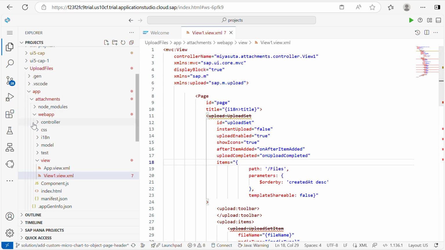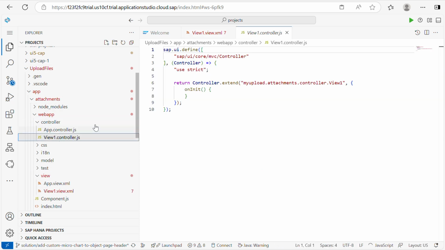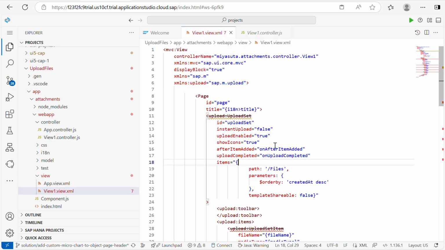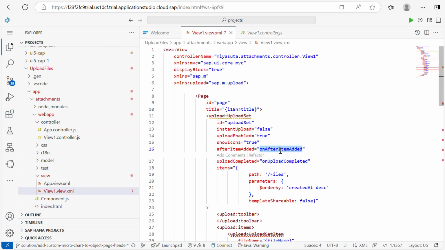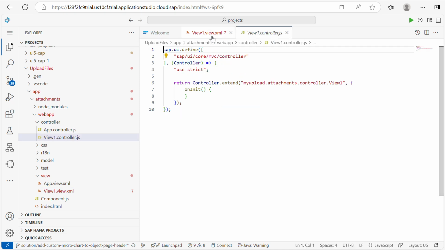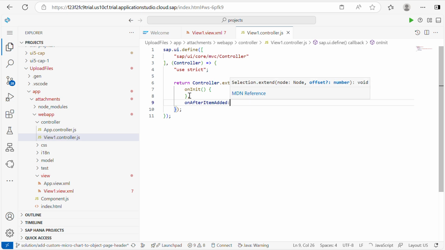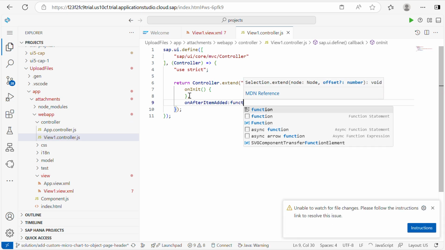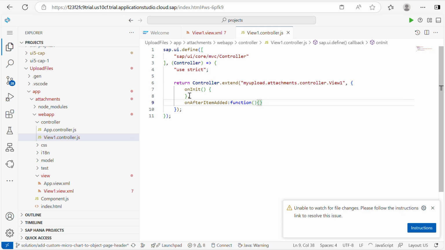Now what I will do is jump into the controller. Here we need to maintain all these conditions on upload and on after item added. For that, first I will maintain on after item added. Copy this method here. Within the function, first I need to get the item, right? For that,